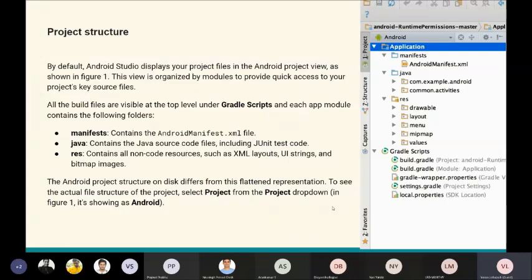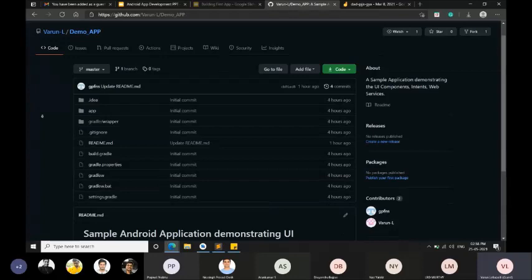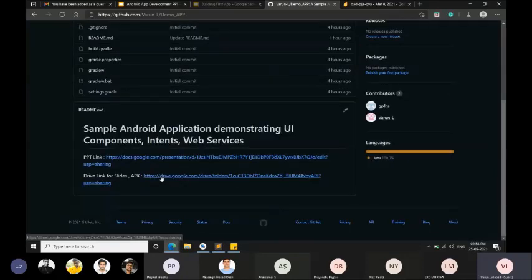So in the Android Studio, what we are doing and how is the project structure, where we have to code, what is the front end, what is the back end. This is somewhat important, but in this session, after this, don't worry, I'm going to share this PowerPoint presentation, as well as I have already created a small application. You can get that application in this drive link. I'm just showing you so that you'll be familiar with this.